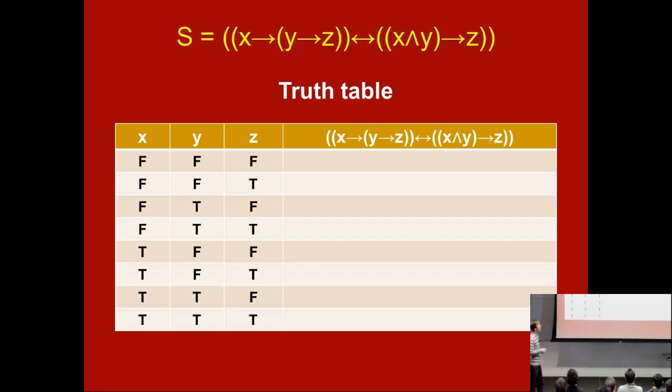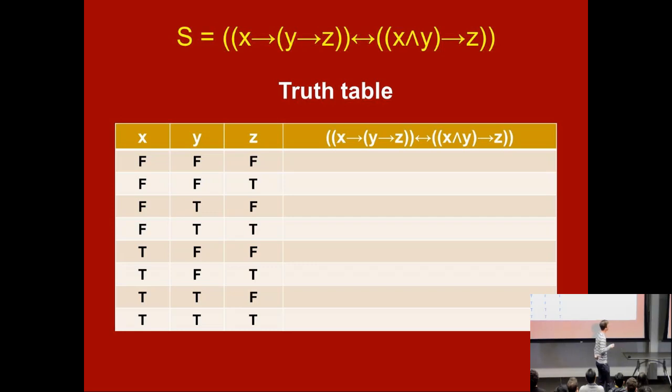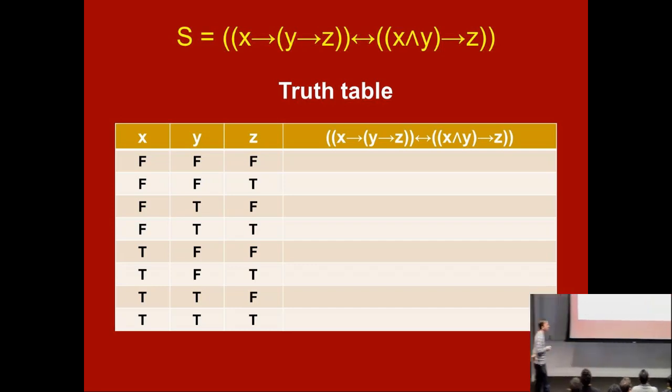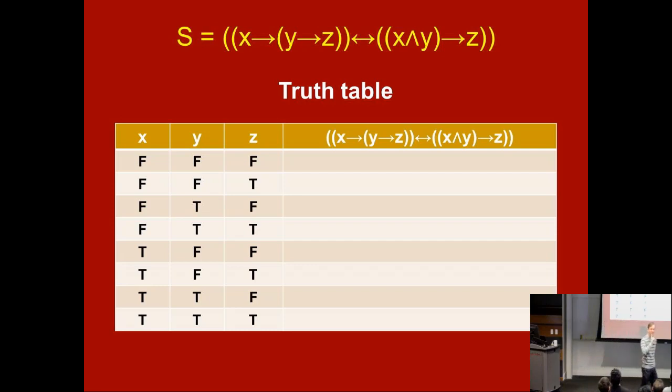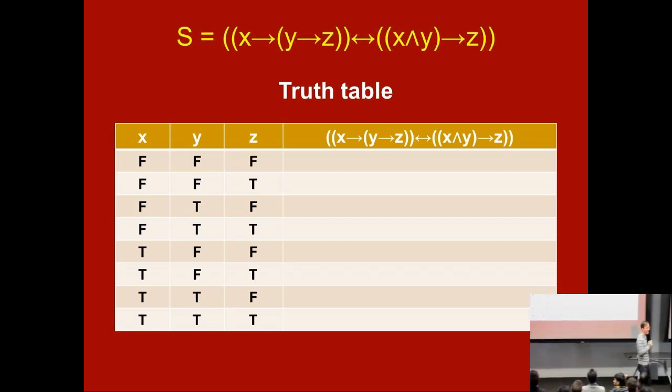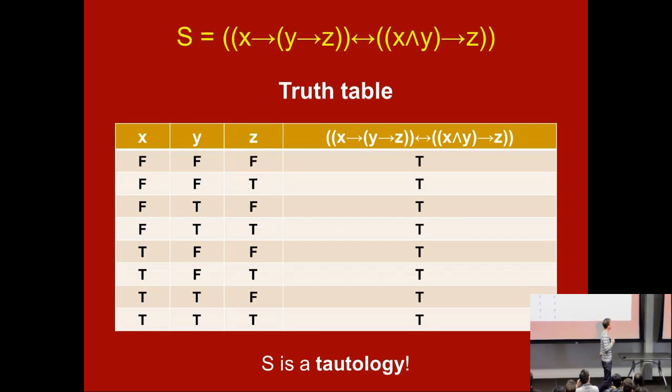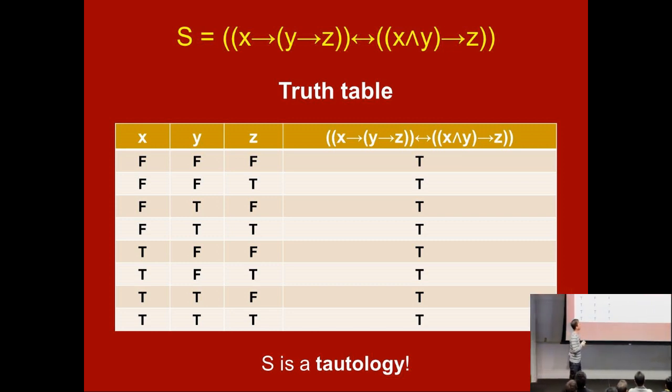If x, y, and z are all false, what does S become? Yeah, it becomes true because this is going to be false implies true, which is false. And this is going to be false implies false, which is true. Wait, false implies true is true. False implies true is true. Man, I fell into the classic error. Good. Or was I testing you? There's a lot of symbols up here. Good. So it's true if you work it out. So they're both true.